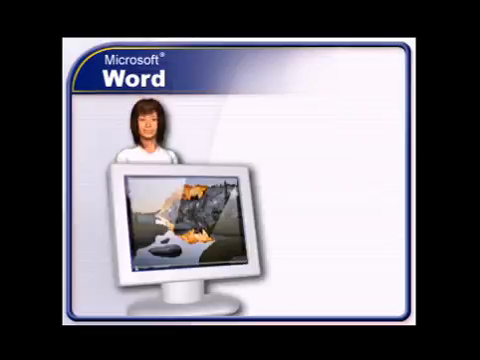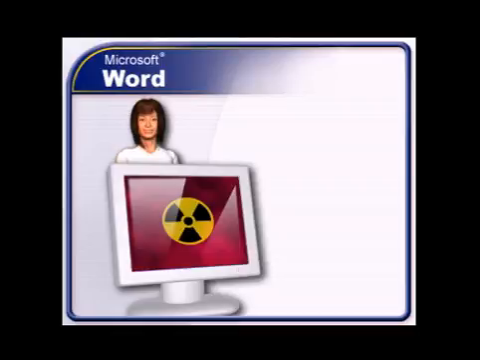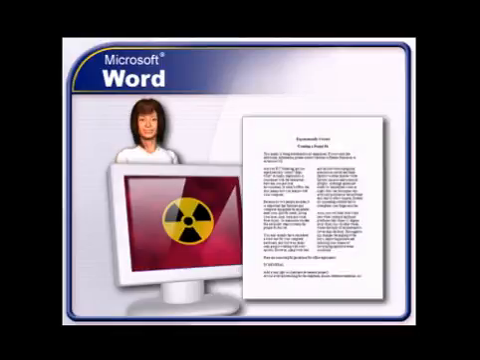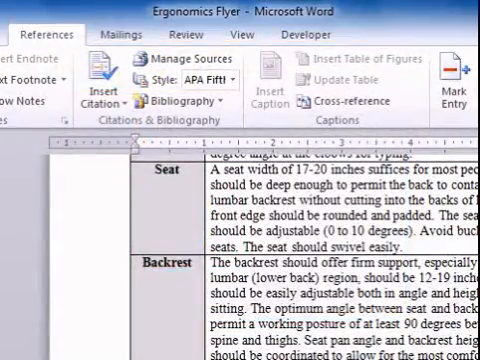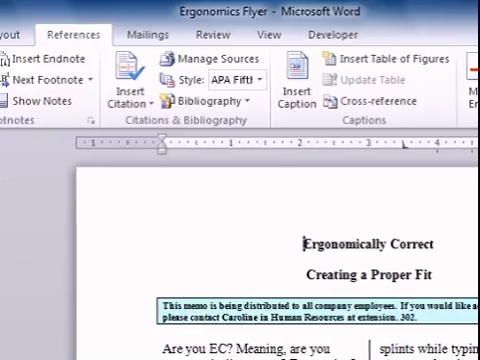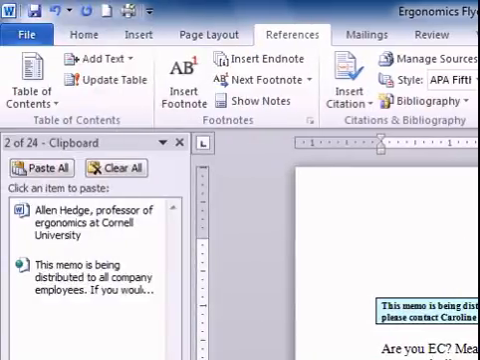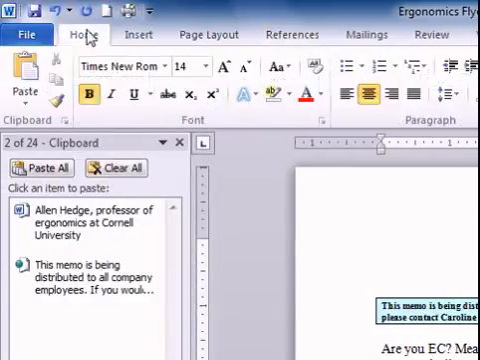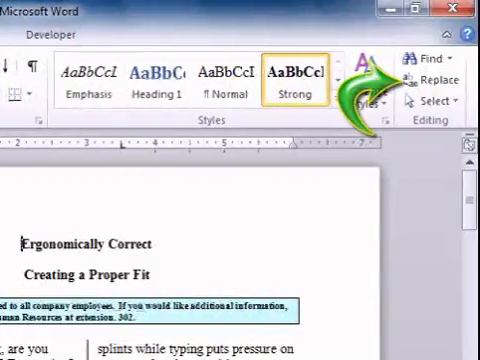One of our employees is concerned about radiation from computer monitors. She is interested in finding out if the ergonomically correct memo mentions the subject. With our flyer open, press the Control and Home keys to move to the top of the document. We will use the Editing tool area of the Home tab, so make sure the Home tab is selected. Click the Replace tool,